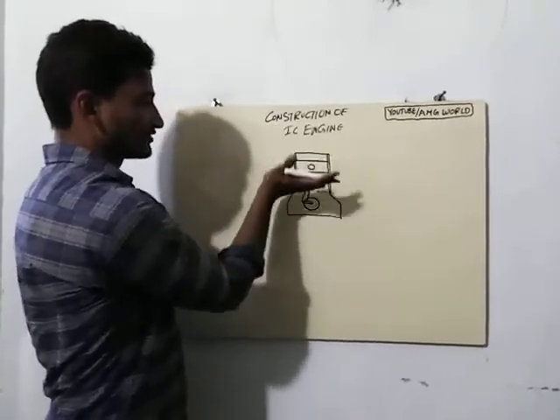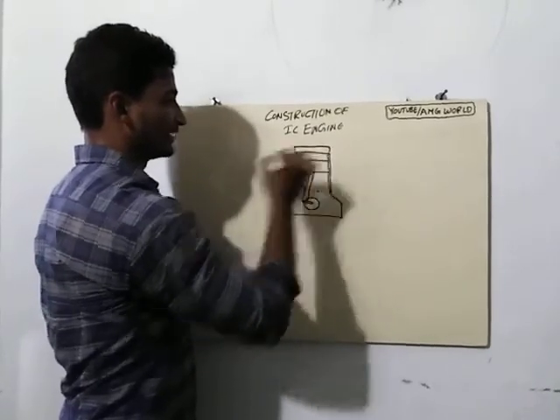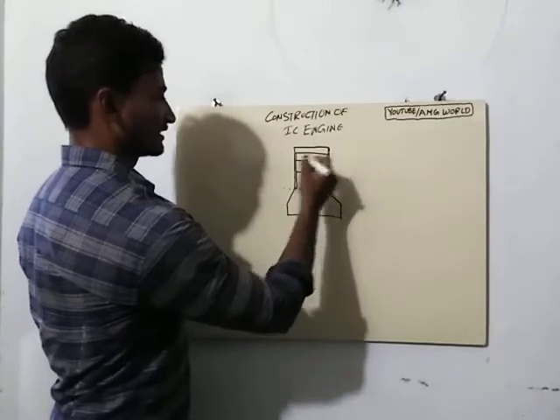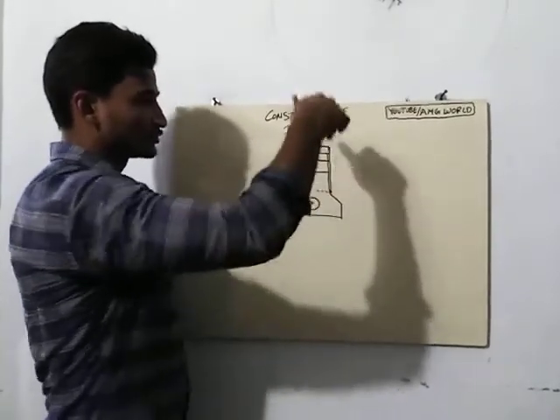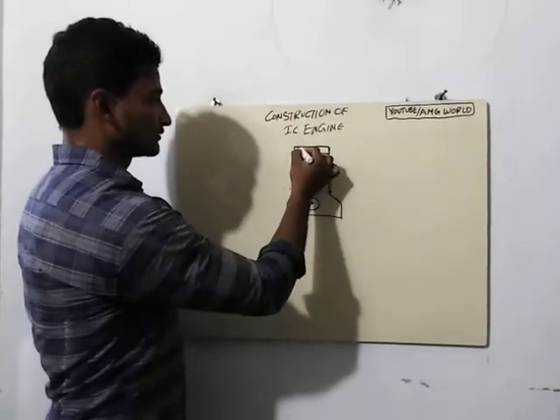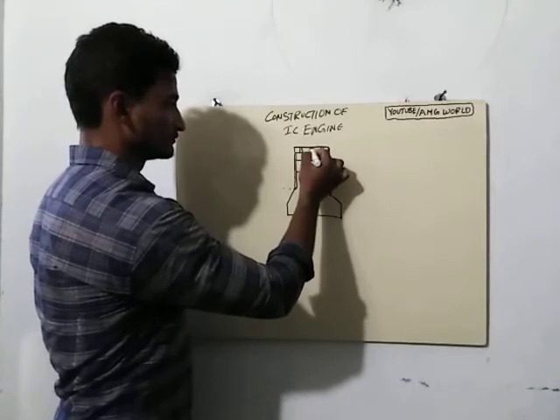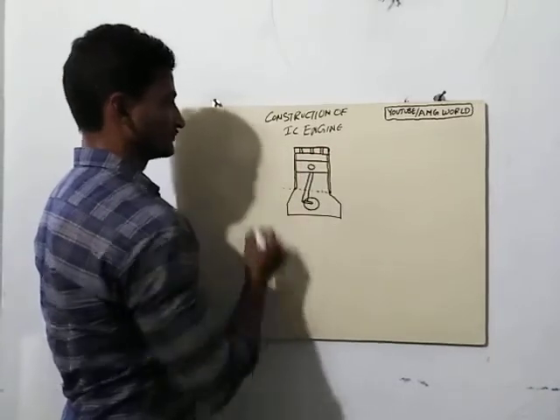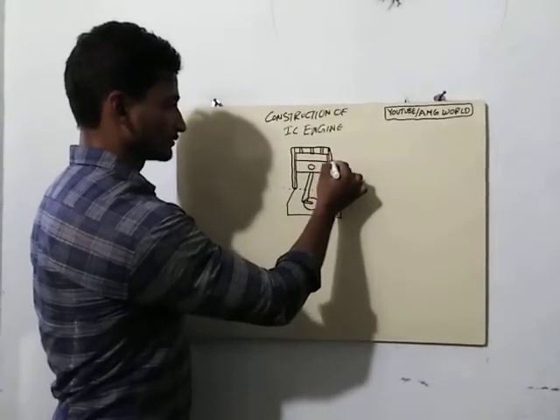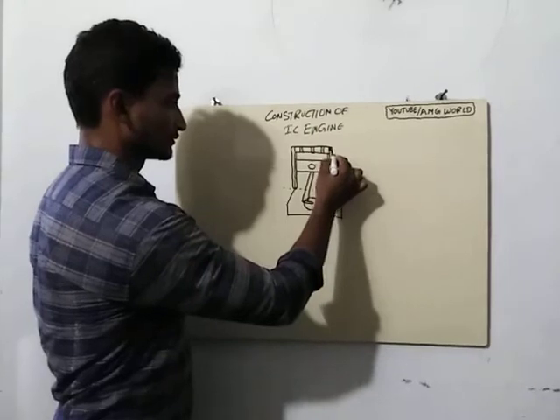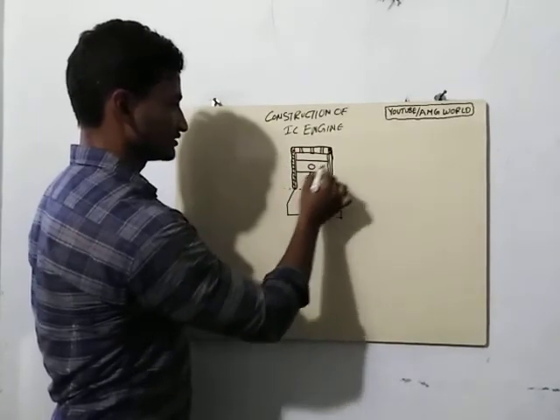Above this engine block we have a head. This section is called the engine head, and this head is provided with some drilled holes like this, and here one hole comes, and this one is also a drilled hole. This is the engine block